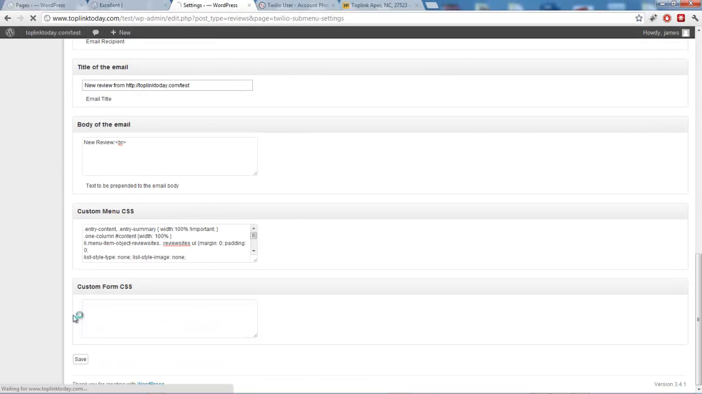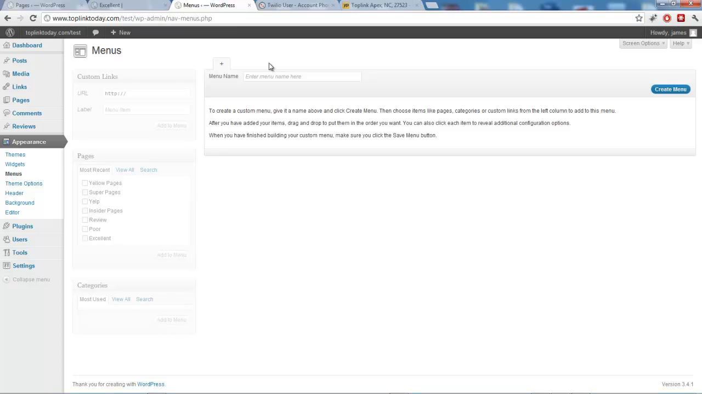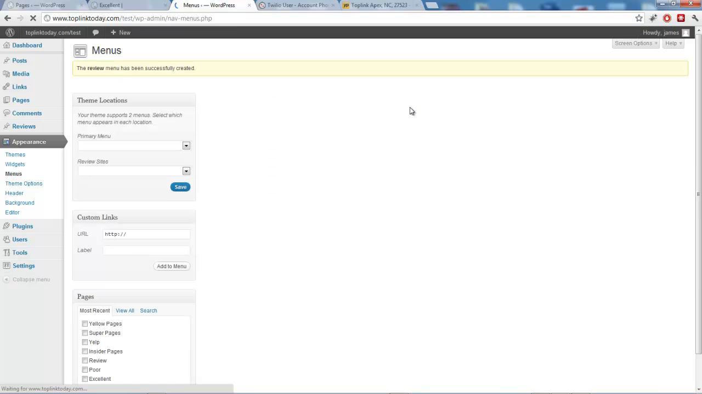So after you've done that, you save it. And the next thing you need to do is go to Appearance and then Menus. So we need to make a menu. So you'll see right here it says menu name, so you can just do something like review site or review. And then you create menu,